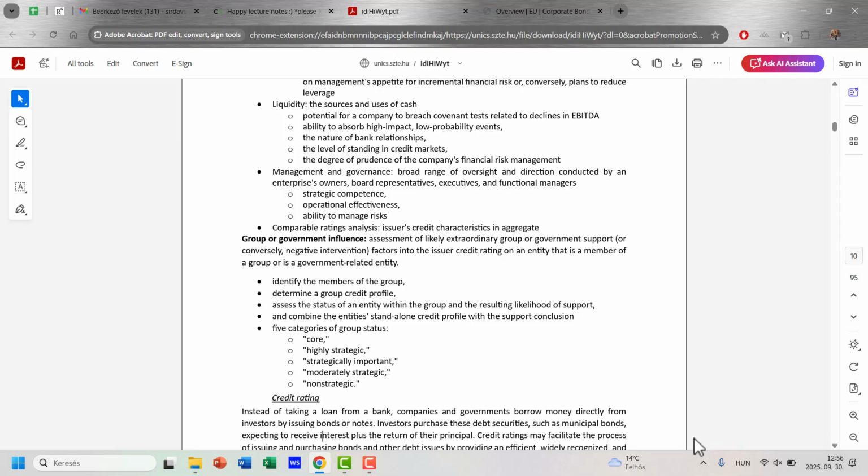Also, level of standing in credit markets. If we have any kind of crisis, the problem is not just that interest rates can rise, but suddenly there is no loan available. Because banks are always providing loans when they can see that the collateral behind the loan is marketable. As you learn in international finance, market liquidity is highly relevant.